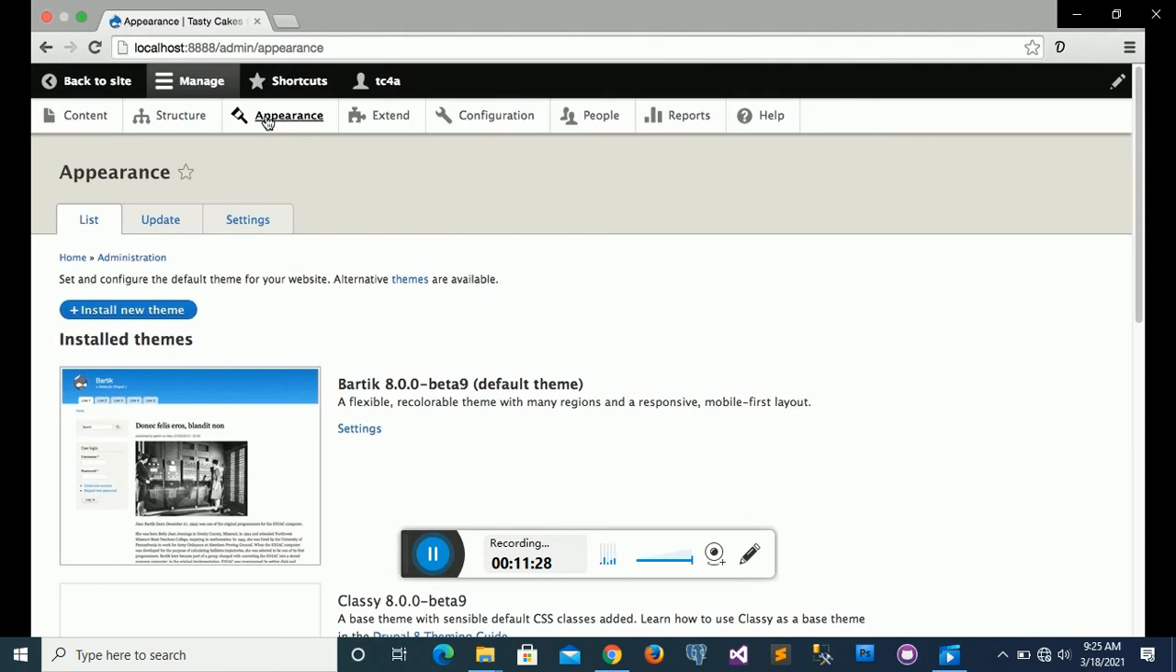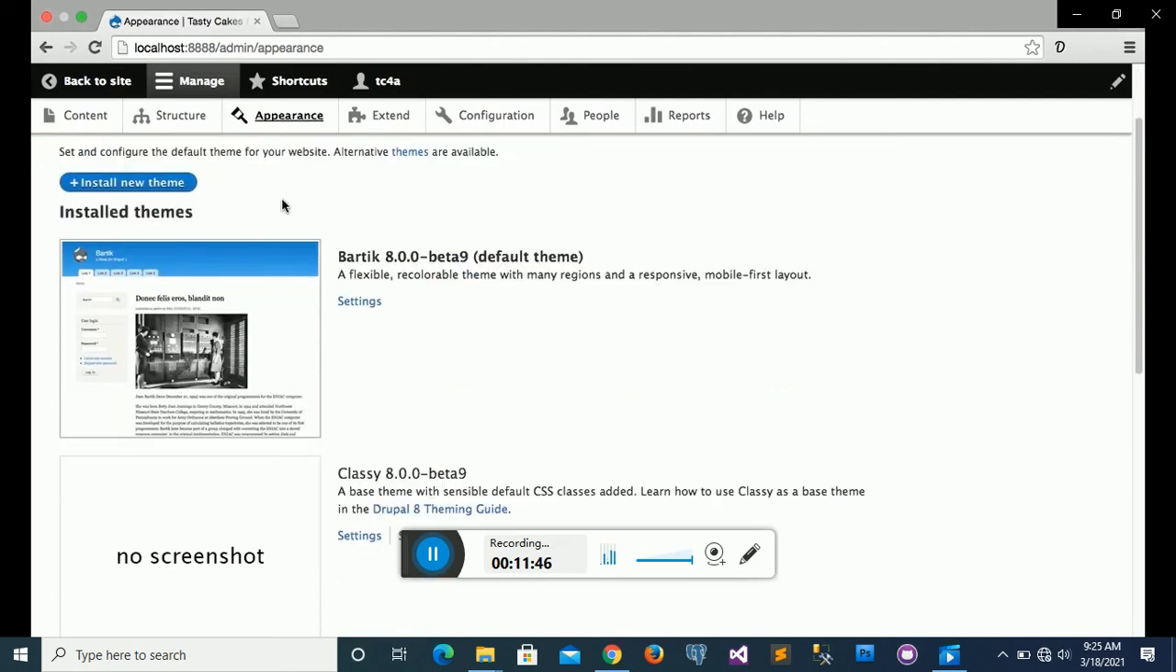Other content management systems might refer to themes as skins or designs. This is the visual component of your site. This is what your site looks like, the colors, the fonts. This also controls some aspects of layout. So if we take a look here under List, we'll see the default themes available to out-of-the-box Drupal, including the